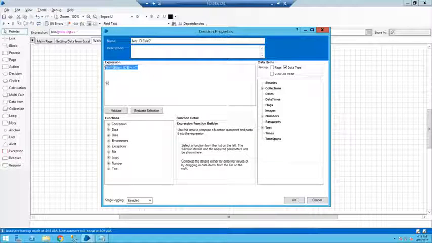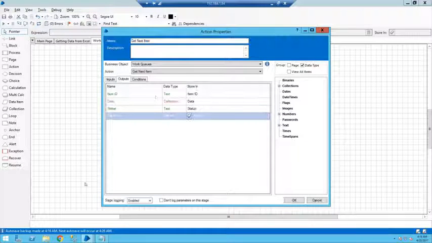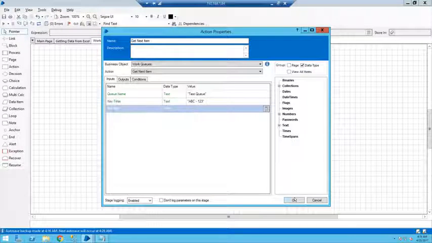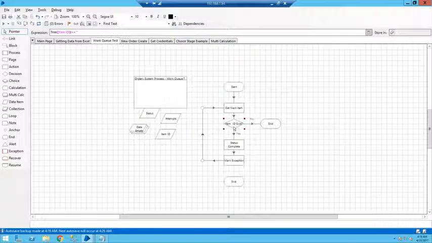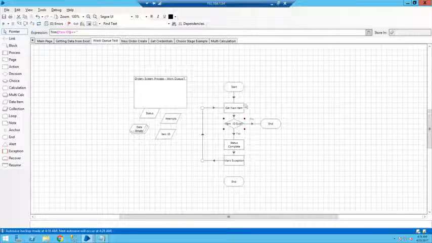So we have to check this condition, trim item ID, because it's returning item ID, as you can see here in output. It will return the item ID, the data, its record data, and the status of that data. Okay, so I need to check this item ID: if it is blank, it means that I don't have any records in the work queue according to my query. Okay,